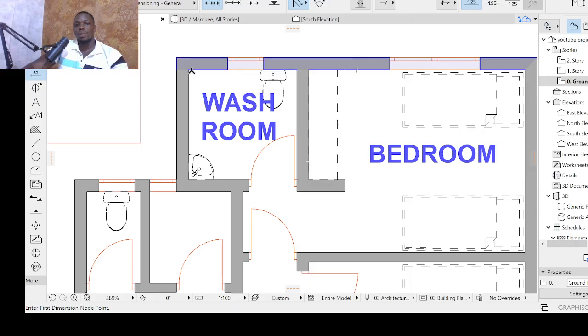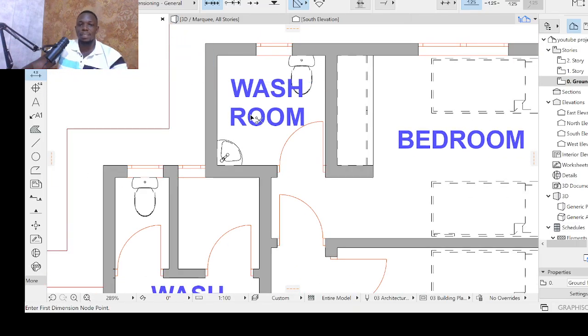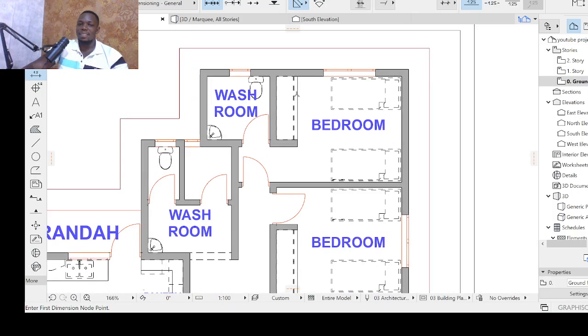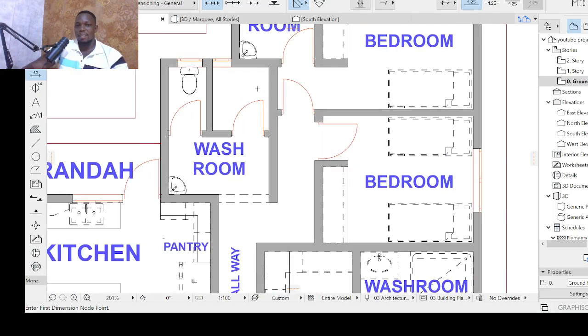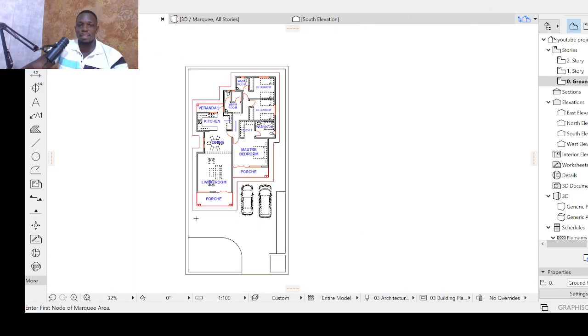Now this washroom can be a little bit small because it is only the kids sleeping there that are going to use it. 1.8 by 1.8. That's enough. Yeah, so this washroom all combined will be 2.4 by 3 meters. So if I'm to show you the 3D of how these things are fitting,